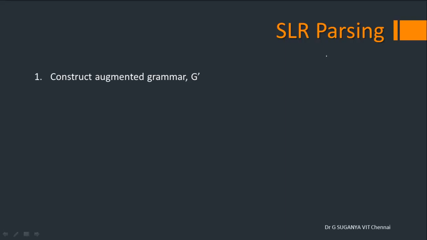The first step would be to construct an augmented grammar. The reason being, we know there will always be a start symbol for every grammar. Let's say it is S. The language that a particular grammar represents will be the set of all words that you can derive from this particular start symbol. And you assume this to be a process that is running in a system. We are always in need of some parent process to initiate this.